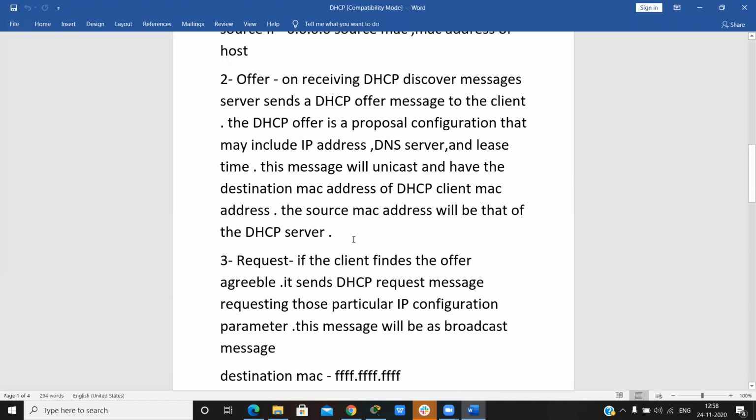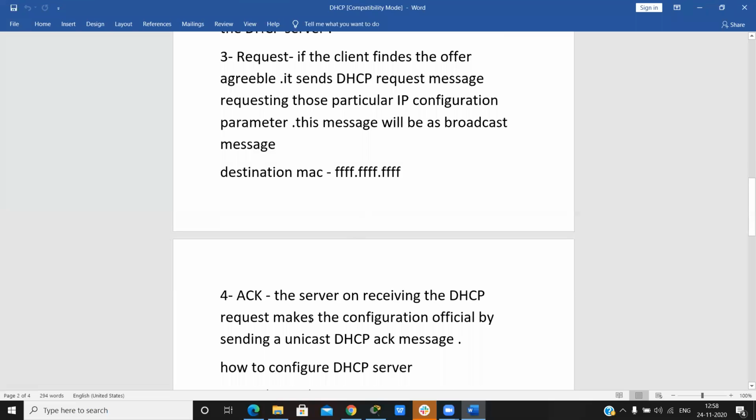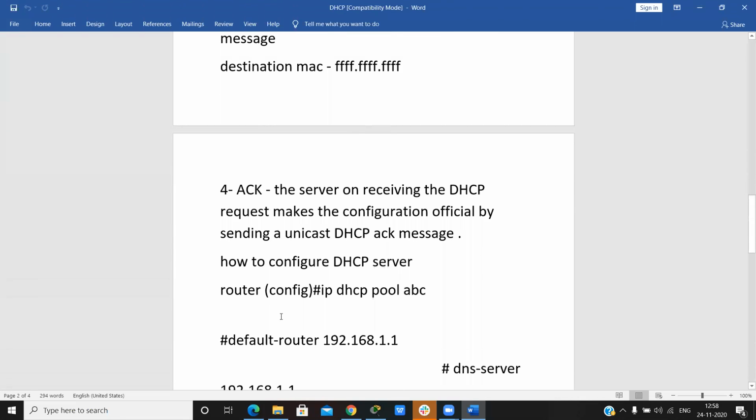When the client agrees to the IP configuration parameters, it sends a request message for a particular IP configuration. This message is also a broadcast. When the server receives the request, it replies with the acknowledgement and makes the configuration official by sending a unicast DHCP acknowledgement.